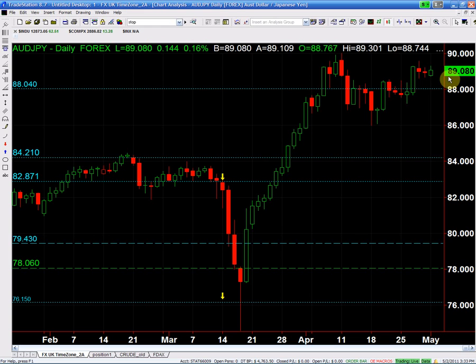But believe it or not, we do have a sell signal over there. It's not really a powerful sell signal, but it's the beginning of a sell signal. At 89.07, it's the beginning of a sell signal. But I wouldn't be jumping up and down and taking that trade, because you can see that for the